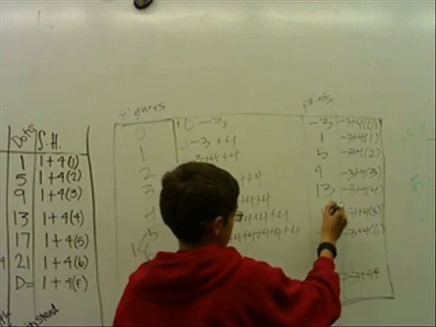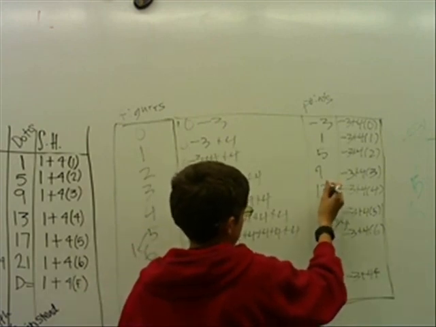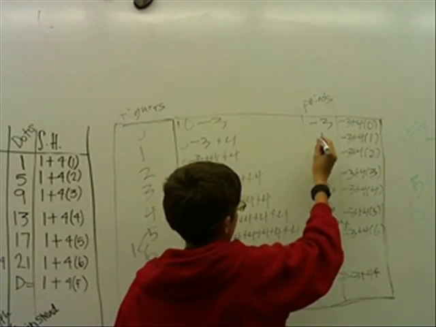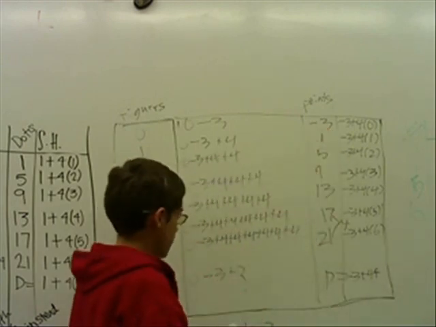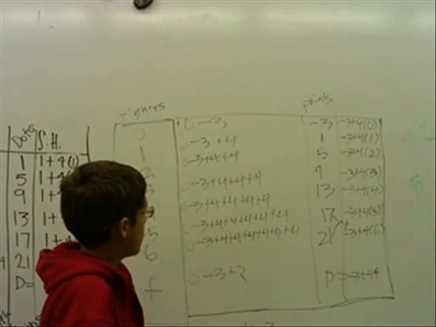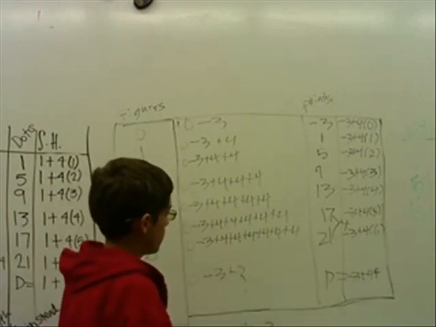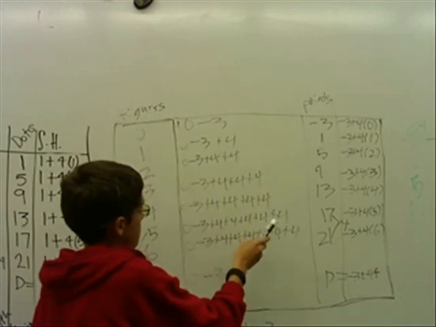So 17 minus 4 is 13. 13 minus 4 is 9. 9 minus 4 is 5. 5 minus 4 is 1. 1 minus 4 is -3. And so then, because 4 is the slope, or what you add by,